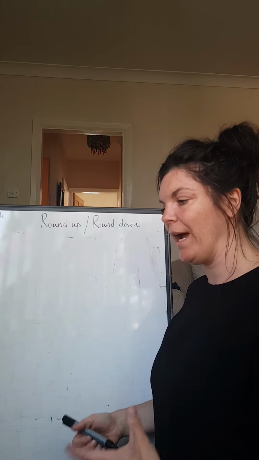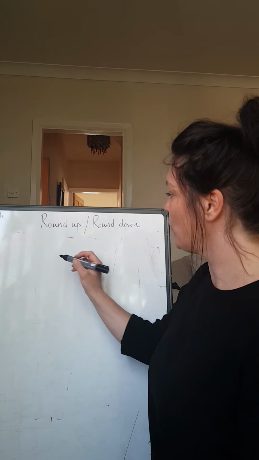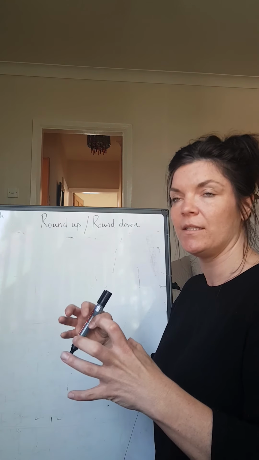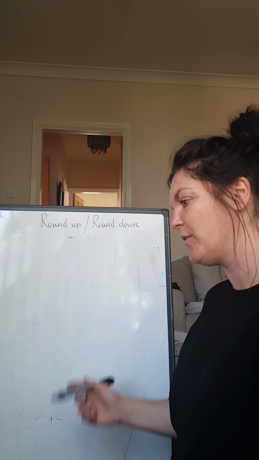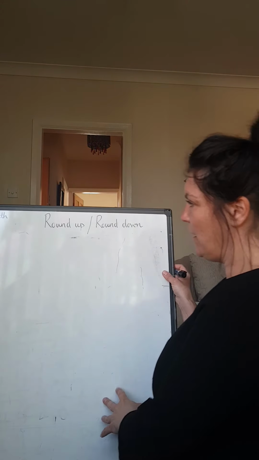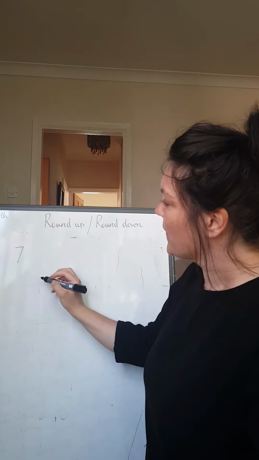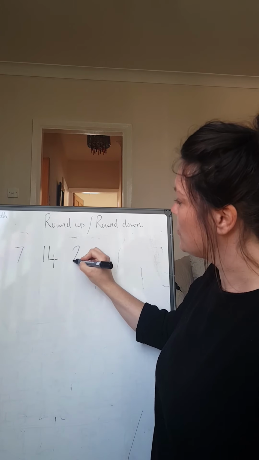So question number 1, how many complete weeks are there in 60 days? So you've got 60 days altogether, and I want to know how many weeks you can fit into 60 days. So the 7 days in a week, I'm counting 7s really, or I'm dividing 60 by 7. I think I'm just going to count in 7s because that's going to be quite easier. So 7, that's 1 whole week. 14, 21,